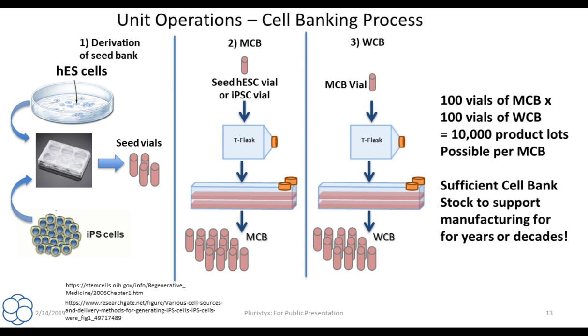You'd want to make sure that it had a nice population doubling time. It didn't grow too fast. It didn't grow too slow. It was a nice, stable line, and probably most importantly, if you're making a product, that it differentiates to the fate that you want. So now you've got a seed bank, and let's say that's somewhere between 5 and 20